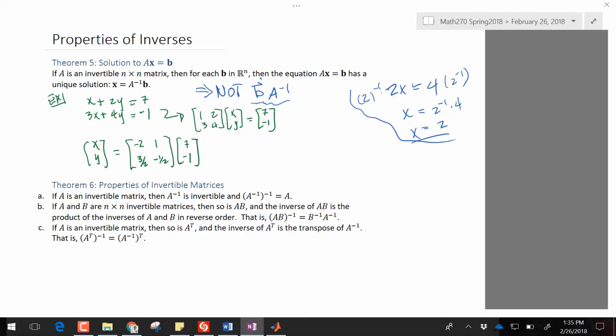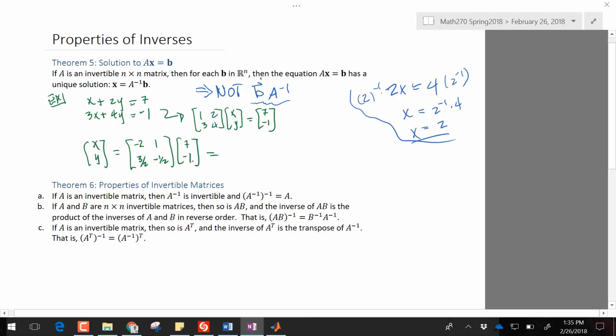Finding your inverse is a problem in itself, and generally that's more difficult than just doing the row reduction. But it might be handy if you have to find the solution for many different b vectors. In any case, simple matrix multiplication here will give us